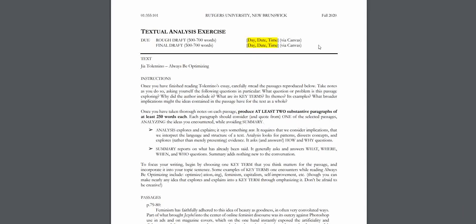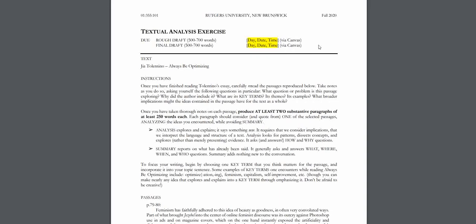I wanted to talk about some points in the Tolentino reading that by no means exhausts the list of things that are interesting or that you can talk about, but hopefully in talking we'll give you a sense of the type of thing you want to be thinking about while you're reading, okay? That'll help you greatly when you go to write an essay or one of the other things.